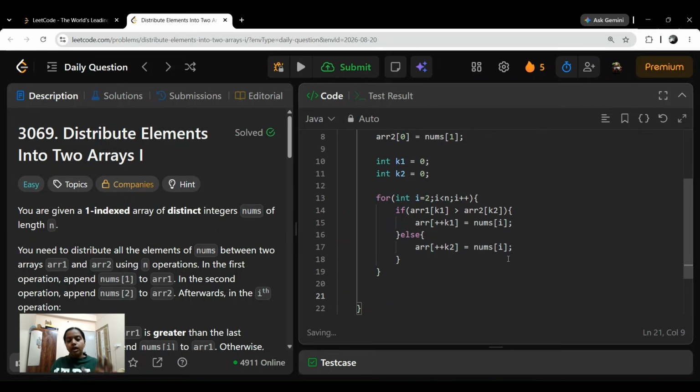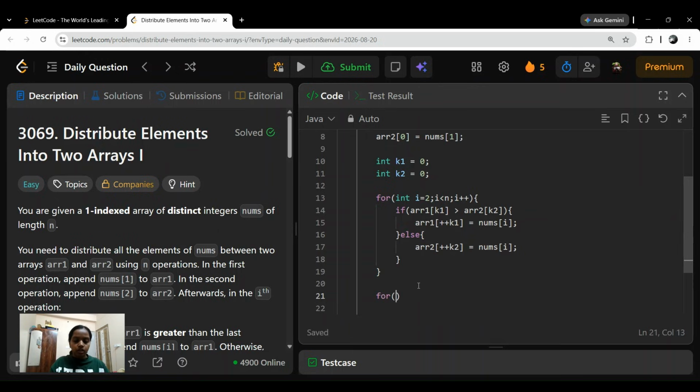That's it. Now we have array 1. I made one mistake: here it should be array 1, here it should be array 2, with k1 and k2. Yes. Now we have array 1 and array 2. So the total length is n, and after array 1 I will start array 2.